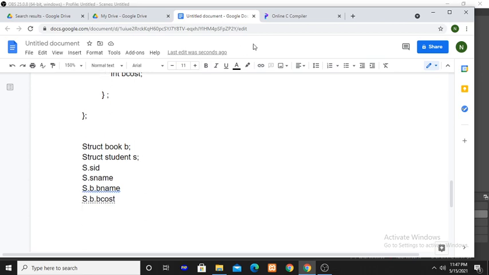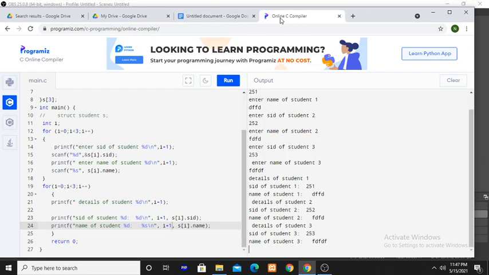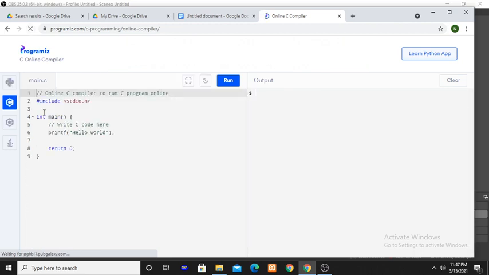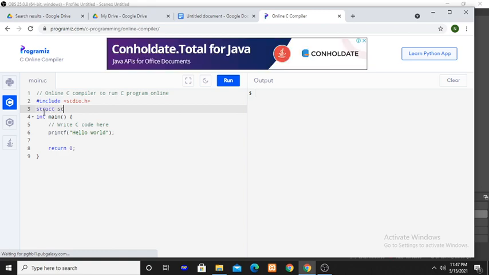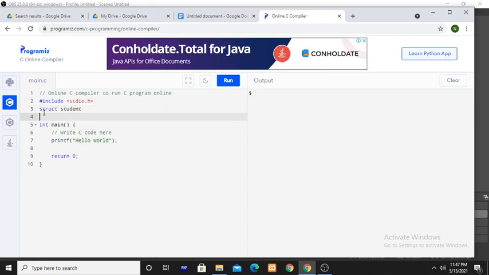Look at the simple program about nested structures. Write the first structure definition, struct student.